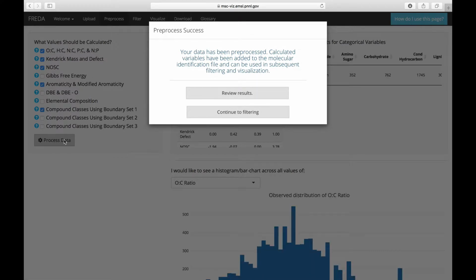Again, we're prompted with the same menu as on the previous tab, where we can review the results and stay on this page or continue to the next step. If we click Review Results,